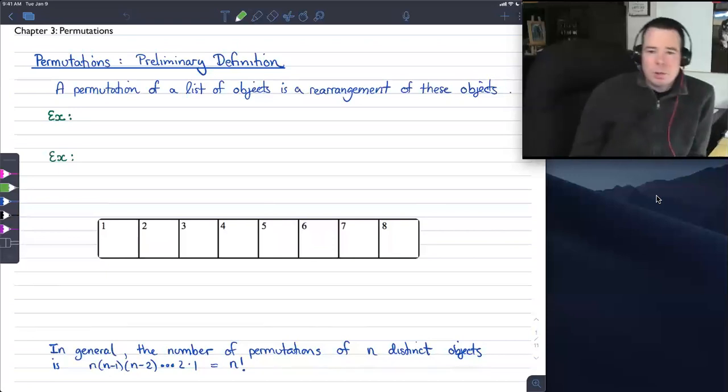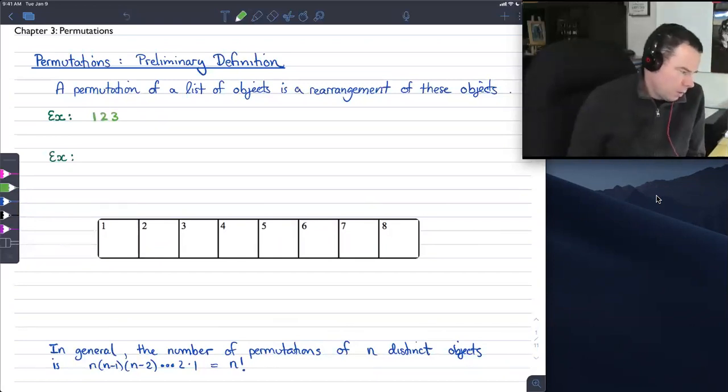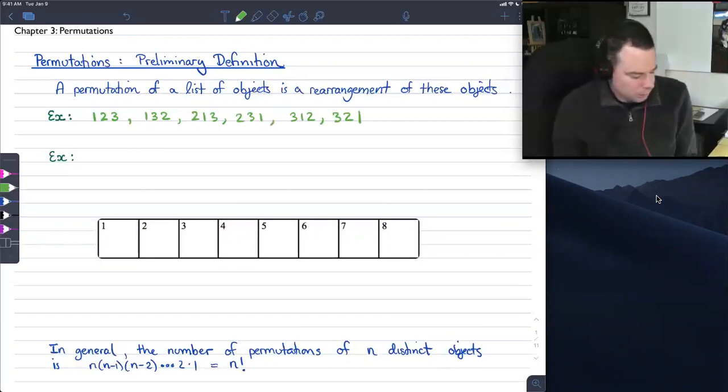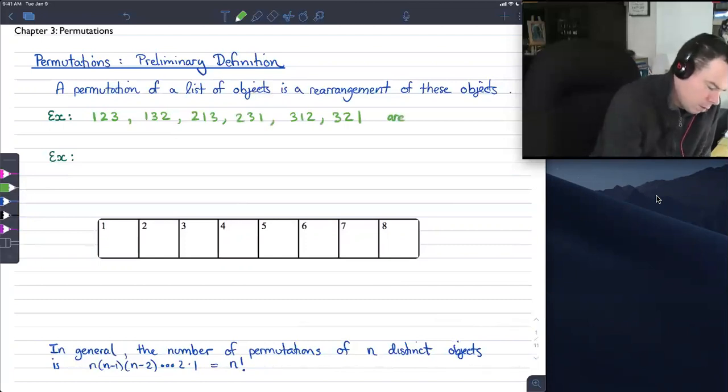So let's just run with this preliminary definition of what a permutation is. For example, I could have three objects, the numbers 1, 2, and 3. And we could rearrange them. I can write them in the order 1, 2, 3, or 1, 3, 2, or 2, 1, 3, or 2, 3, 1, or 3, 1, 2, or 3, 2, 1. I think we've got them all here, all possible ways to write the numbers 1, 2, and 3 in any possible order. And so these are all the permutations